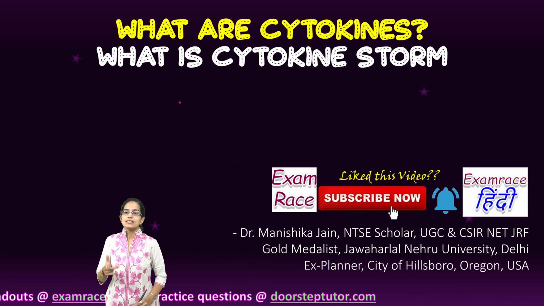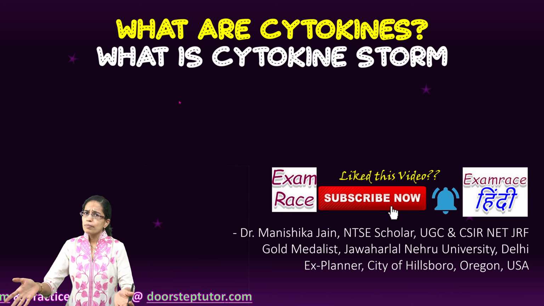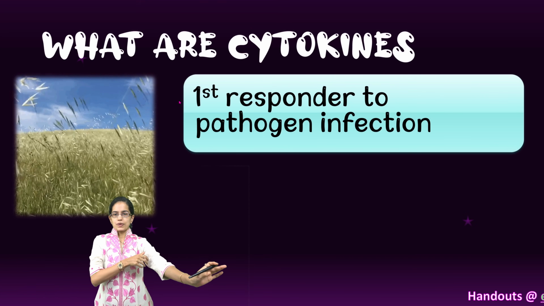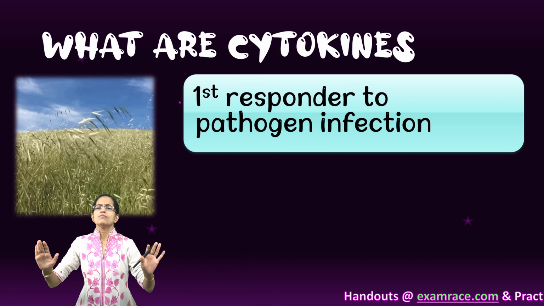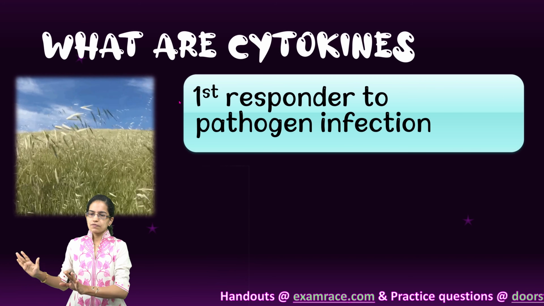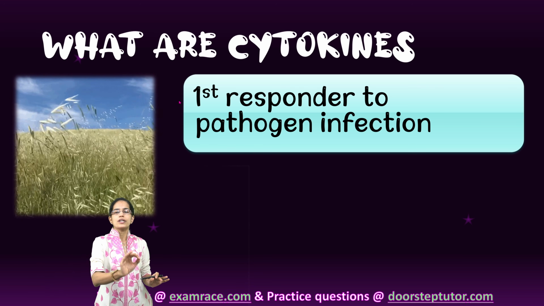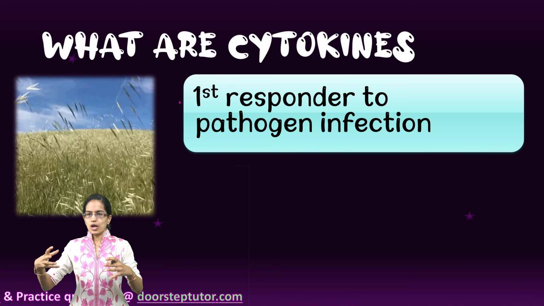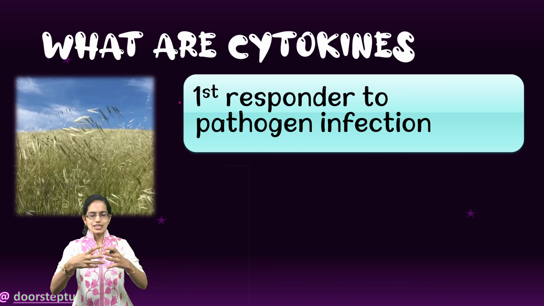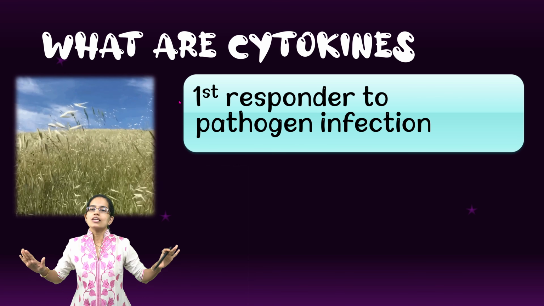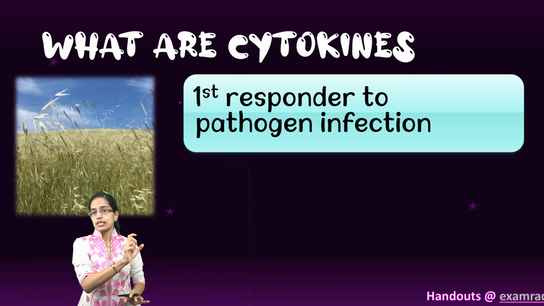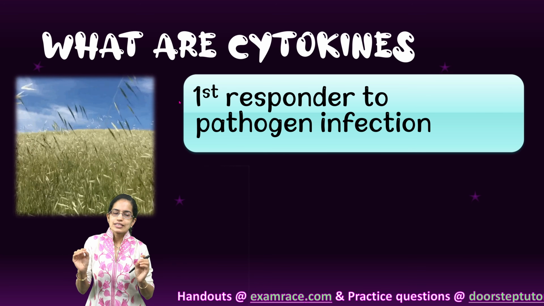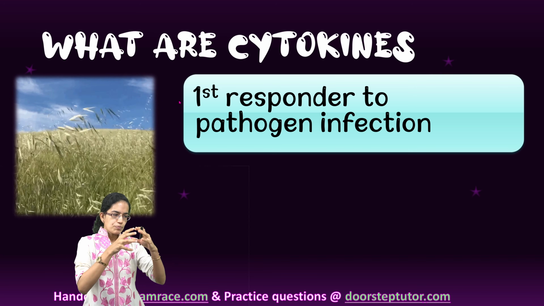What are cytokines and what is a cytokine storm? A common term that we have been hearing during COVID times. So let's understand first what is a cytokine. Now, a cytokine is like a calm, gentle breeze, and it's a first responder to any infection that a body faces. These cytokines are the cells that talk to each other and maintain a healthy immune network. These cytokine receptors are present throughout the body across all the organs, and they make sure that there is proper signaling.